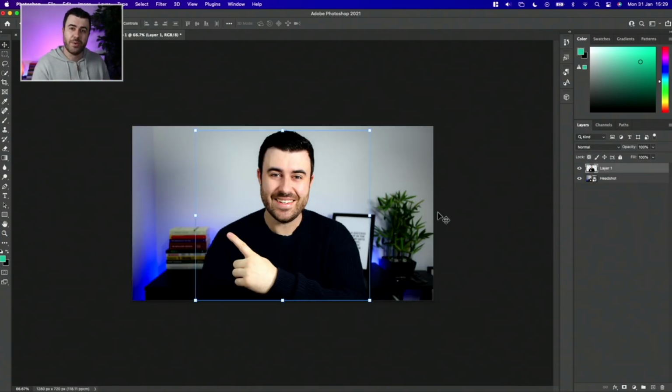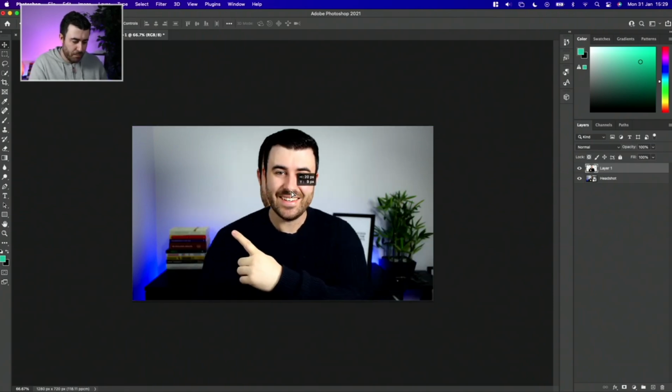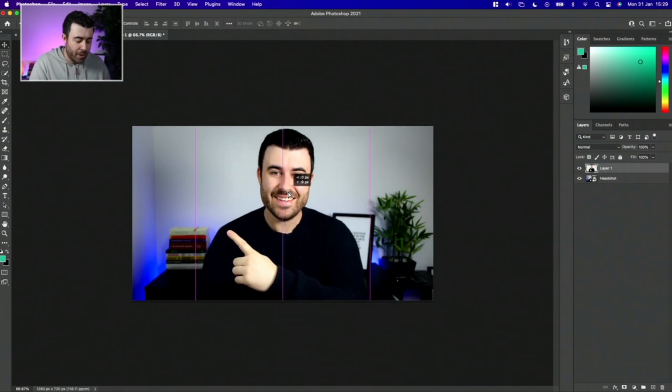All right, so in this module, I'm going to be showing you how you can blur out your background. Now, this is really important if you want to once again make an image stand out. As you can see in this example, we have two layers. We basically have my original image, and then we have the layer that I've cut out, which is just a carbon copy of me pointing to absolutely nowhere on this screen. Basically what we're going to want to do is make sure that this background right here is completely blurred out so that the image of me really stands out to the viewer